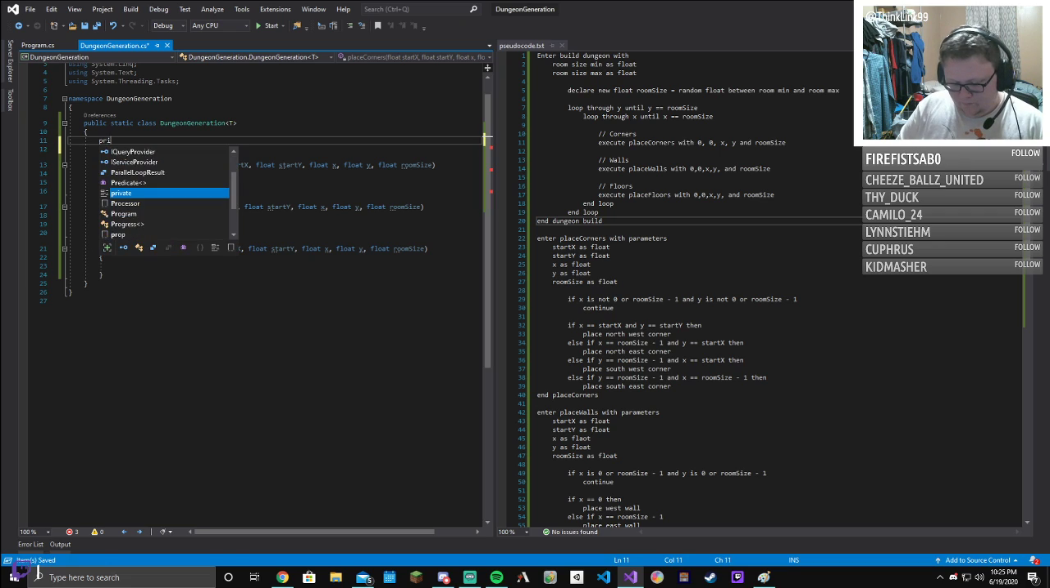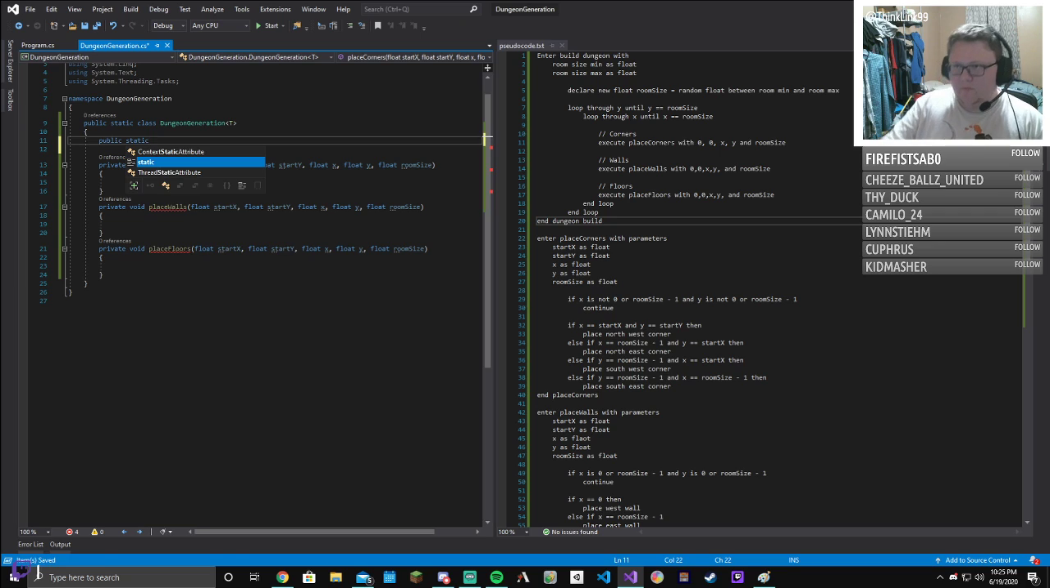So we want public static. My 3D printer masking tape thing just fell. Awesome. Public static void